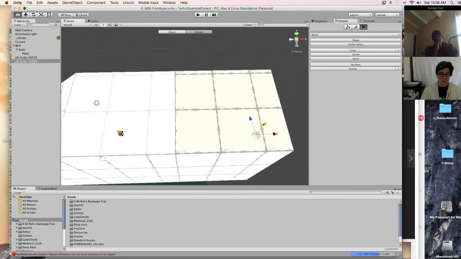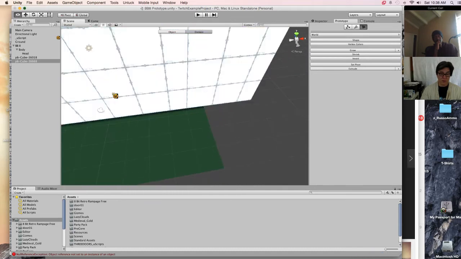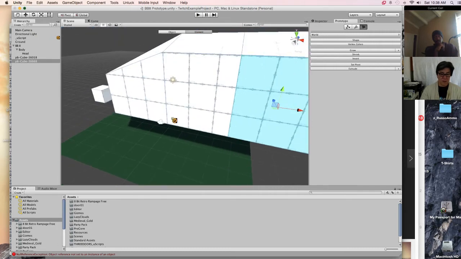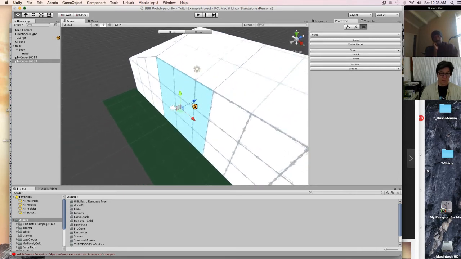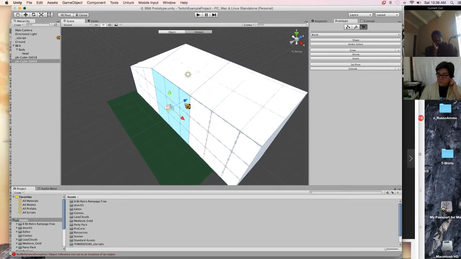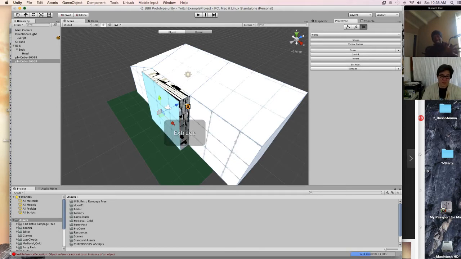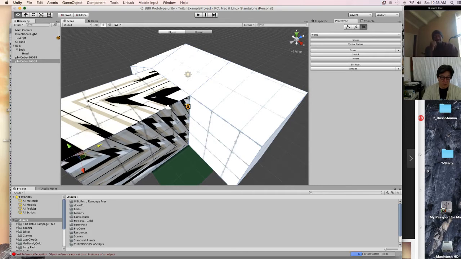Right, and then now I have a full thing to deal with. So it's still counting as one object. Anytime I've made stuff like this, I've had to go into Blender or another program and then bring it back over. Correct. So with this, I can make it right in Unity.